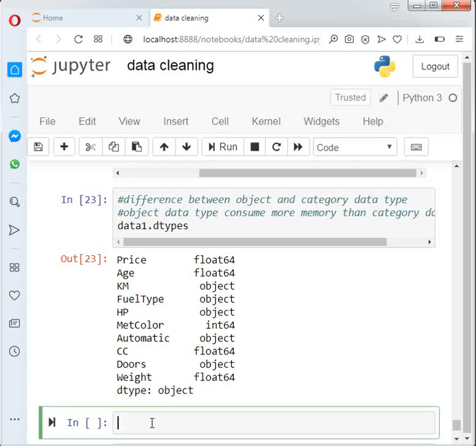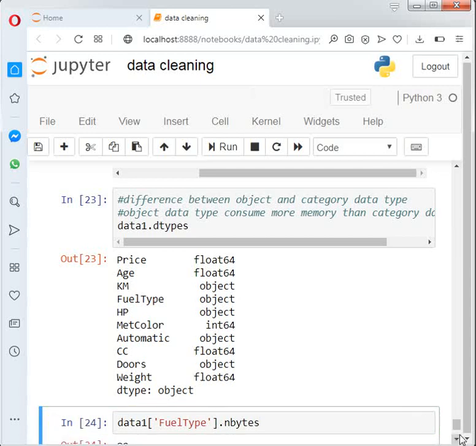In this example, data1 fuel type is an object type. Find nbytes, an attribute by which we find what memory is consumed by fuel type.